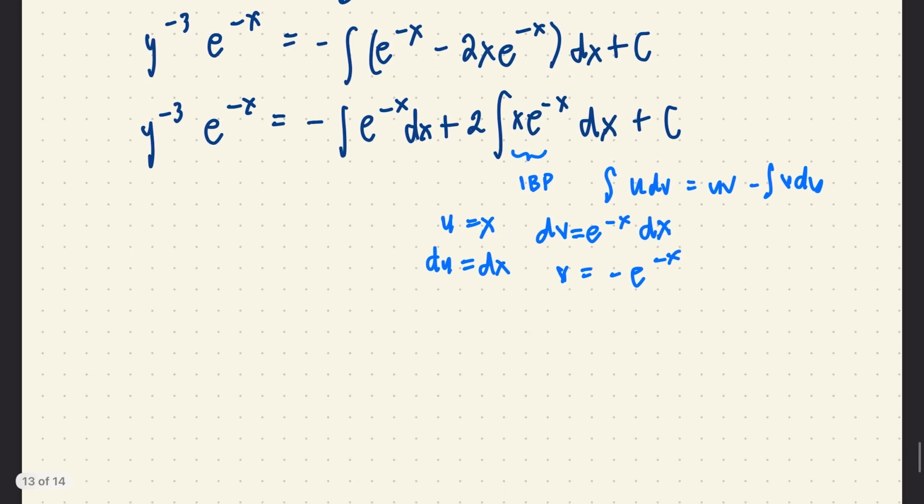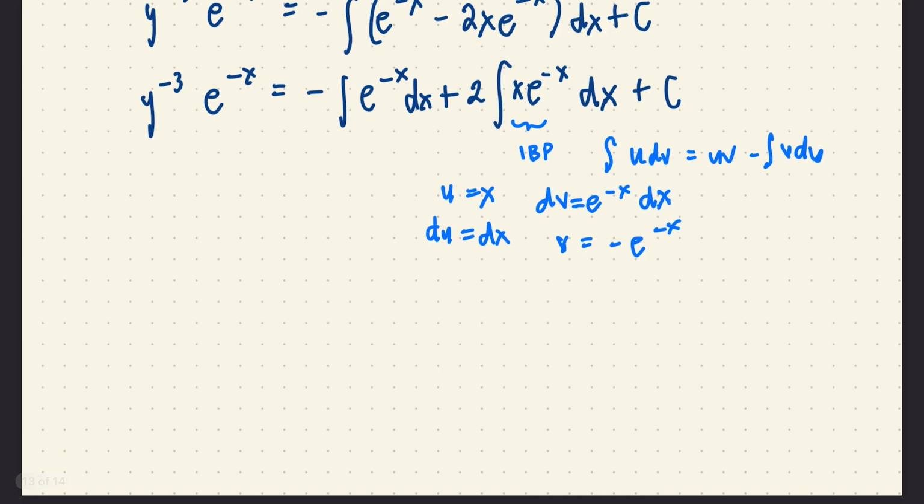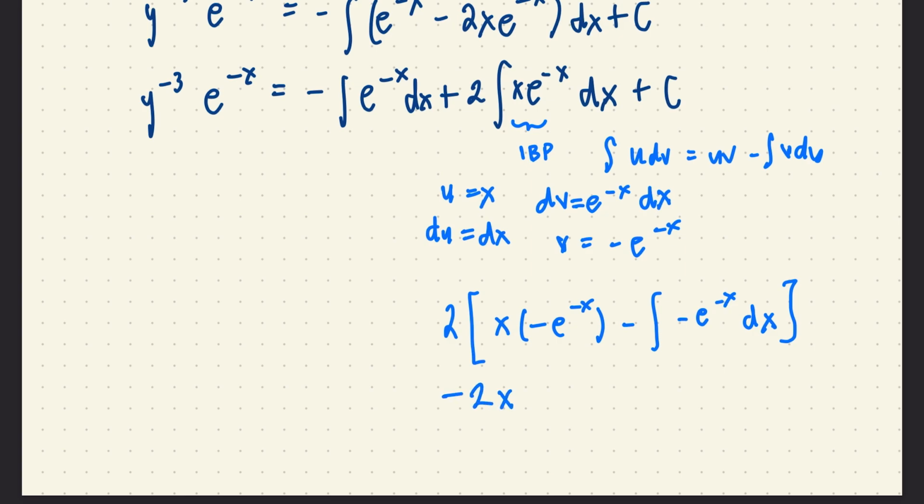Okay, substituting this, we get 2 outside, and then the integral of u dv, so you'll get uv, x times negative e raised to negative x, then minus the integral of v, which is negative e raised to negative x, du, which is dx. Okay, so when you simplify and distribute, this will become negative 2x e raised to negative x, and then